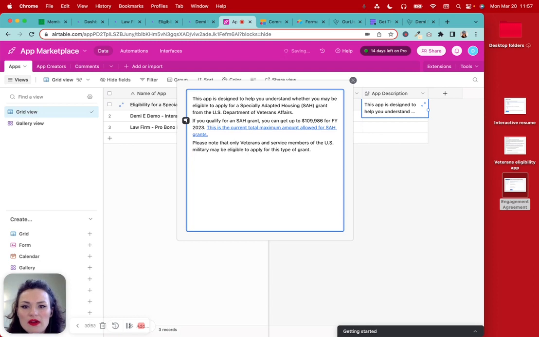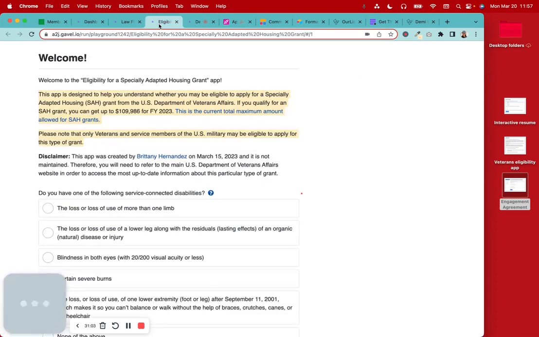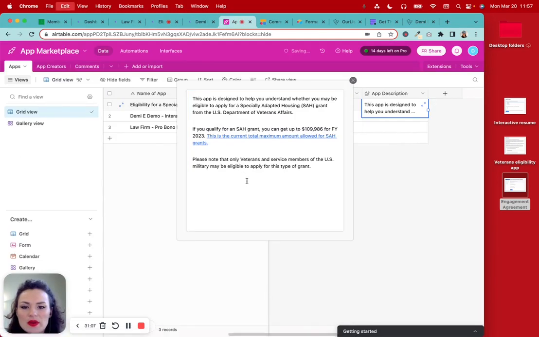If you qualify for an SAH grant, you can get up to this much money. This is the current total. Please note that only veterans and service members of the U.S. military may be eligible. And maybe you would want to add this disclaimer as well, where you'd just say this